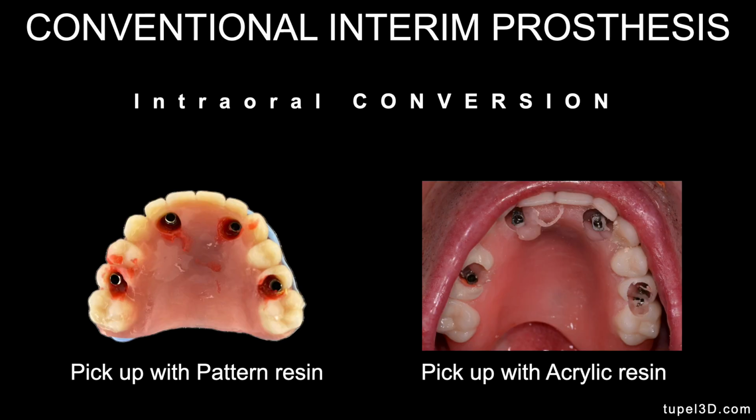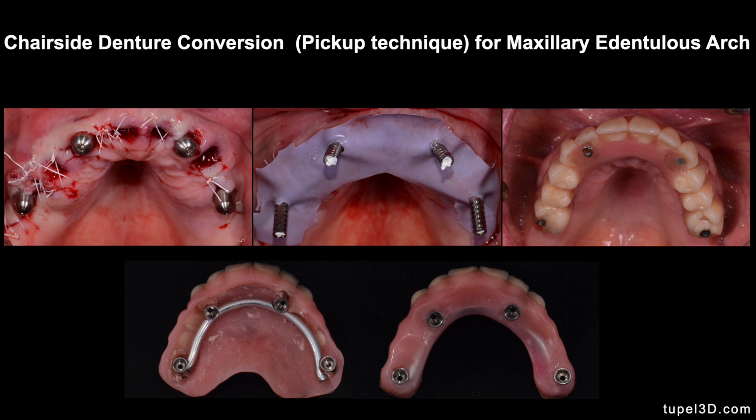Another conventional method in full arch implant restoration is the intraoral conversion or pickup, which can be done with pattern resin or with acrylic resin. You can see here a case post-surgery. We fit titanium cylinders and then utilize a prefabricated denture, and then block them with some resin, remove the palate, reinforce with a metal bar, and then polish it, and then fit